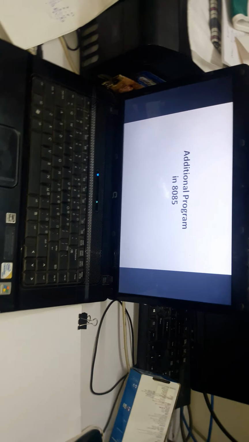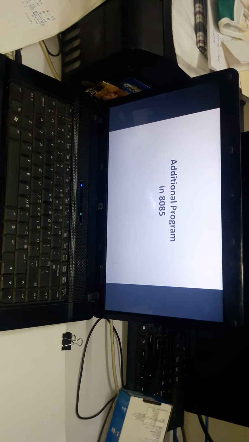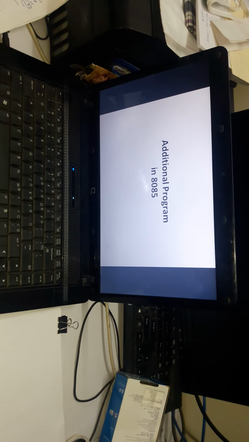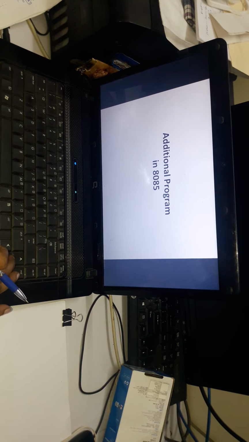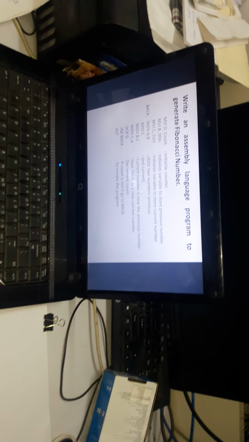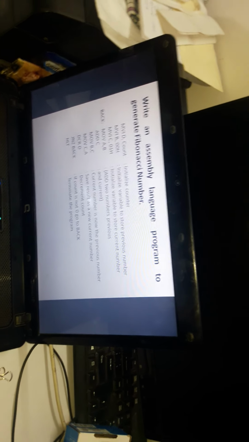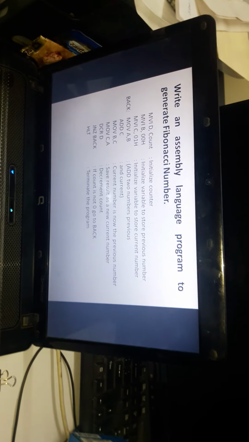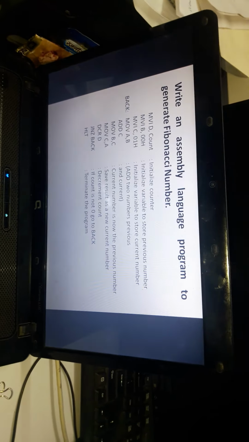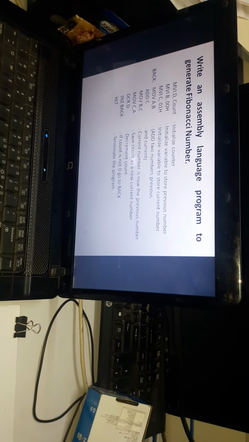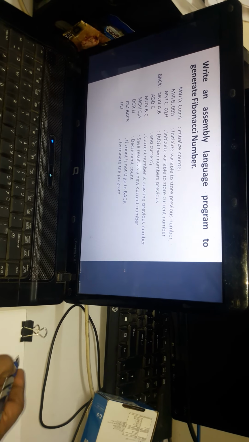So we are going to discuss the additional programs in 8085. The first program, which is a little bit complicated, is to generate the Fibonacci sequence. Now you already know that the Fibonacci sequence is nothing but the addition of two successive previous numbers. So normally the Fibonacci sequence is